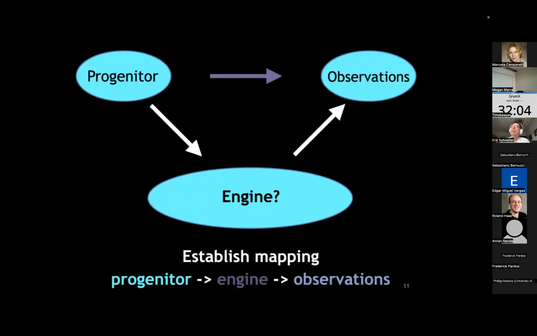And I'm going to sketch out how we do this with simulations typically, and how GPU accelerated codes can help us do that better or in more detail or for longer times. But ultimately, really, as a community, what I think we have to establish, and I think that there's multiple avenues towards that, is to connect progenitor system